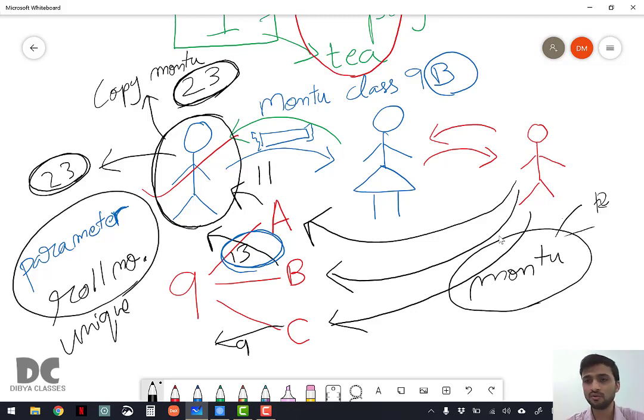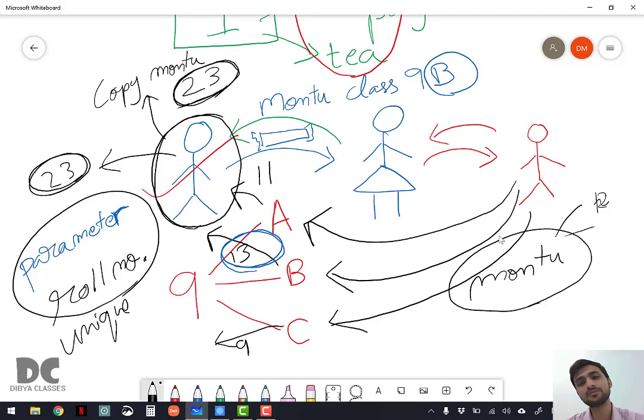So when the function overloading concept arises, we can differentiate functions from other functions by thinking of a unique parameter. The parameter should be unique, it cannot be the same, and whenever it is unique, function overloading will work, the polymorphism concept will work. So this is just an example of polymorphism.